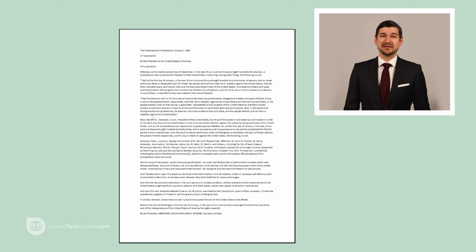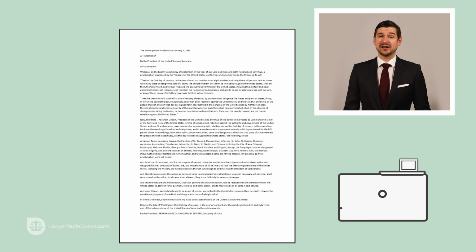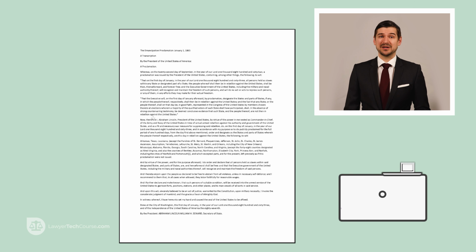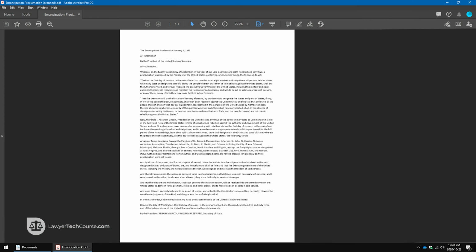For example, this single piece of paper is a copy of the Emancipation Proclamation. By running it through my scanner, I've created a PDF file which contains an image of the page. When I open the document in Adobe Acrobat and move my cursor over the text, it doesn't change. If the document contained recognizable text, the cursor would change to the Text Select cursor.